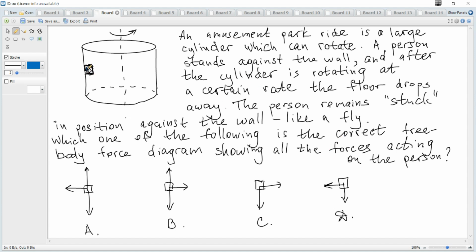Person is this. And we know Newton's second law says that the net vector sum of all forces is equal to ma. And if it is in equilibrium, acceleration is equal to 0, so the vector sum of all forces should be equal to 0. It means that all forces must be balanced in all directions. And actually, to move with constant speed is the same as to be stationary